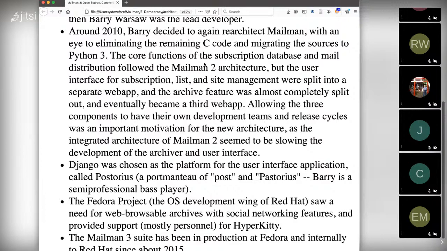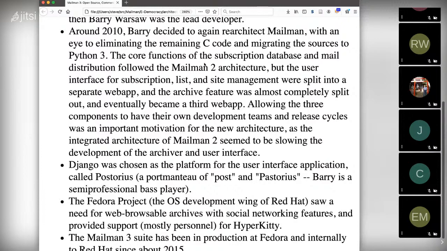So that part he was satisfied with, and it's basically very similar. Most of that code was pretty generic. It didn't require a lot of rewriting to become Python 3 compatible. But the web interface and the archives were another matter. And so what he decided was he would split those out into separate processes, separate programs, and communicate using a web API, and in particular, a RESTful API. So you have your HTTP endpoints, and each endpoint connects to some function that the Mailman core handles.